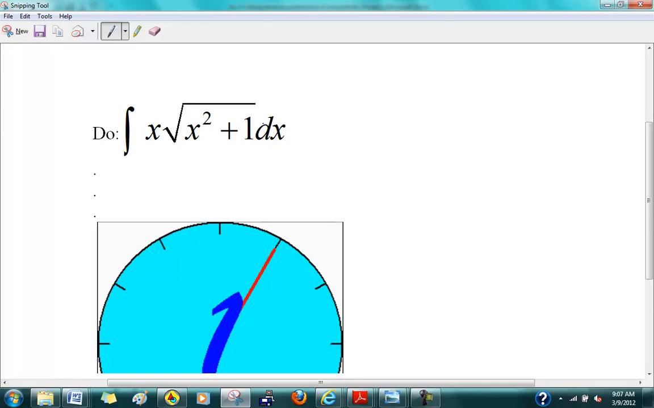Okay? So, my U subst is going to be U equals x squared plus 1. That's my U subst. Okay? And now you're going to differentiate this with respect to x, so you will get du over dx is equal to 2x. What you're going to do now,